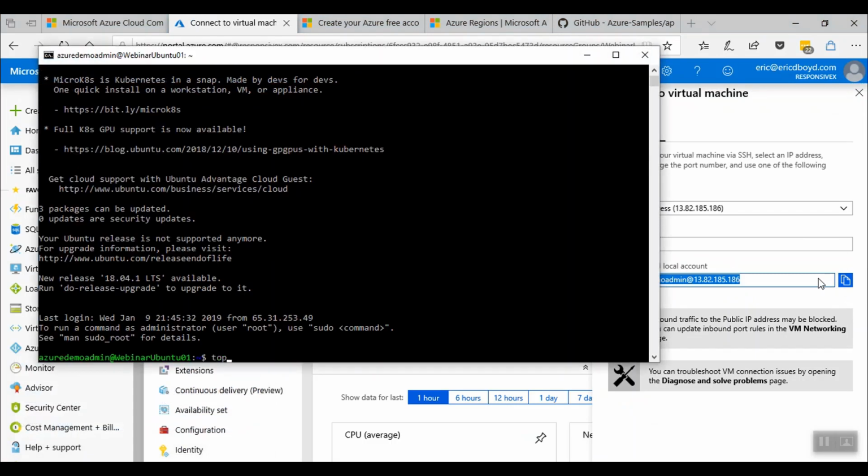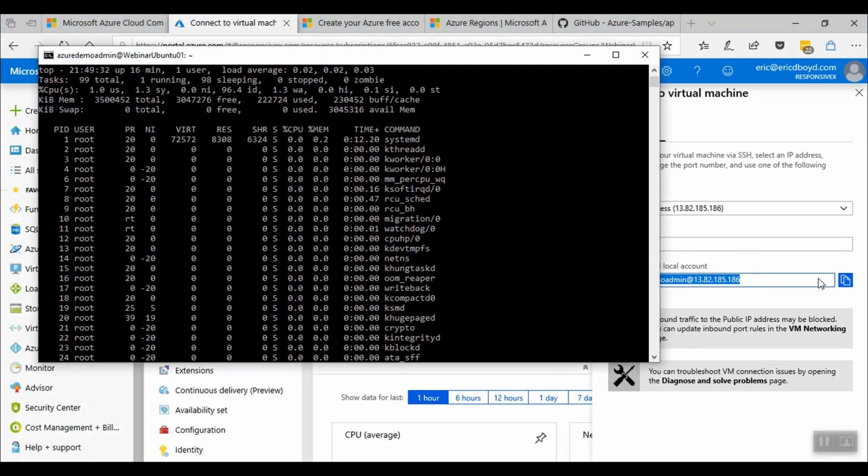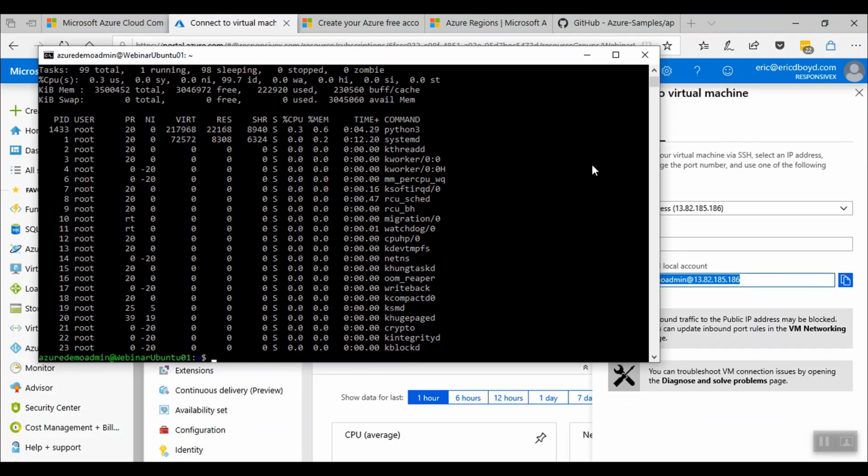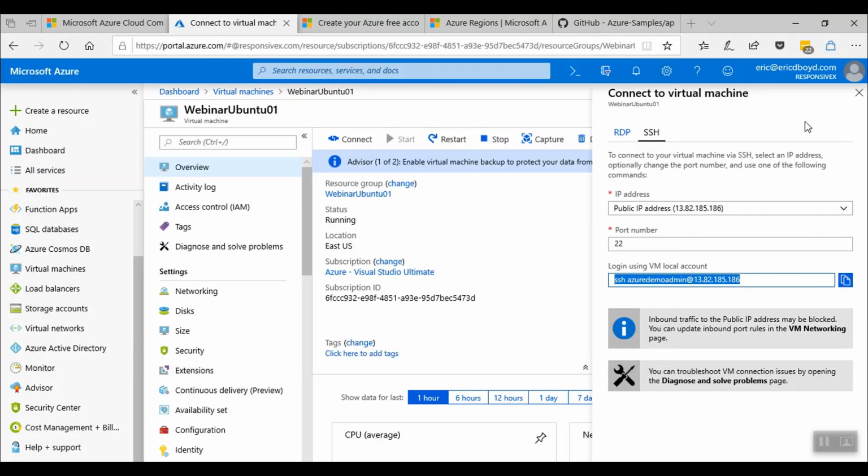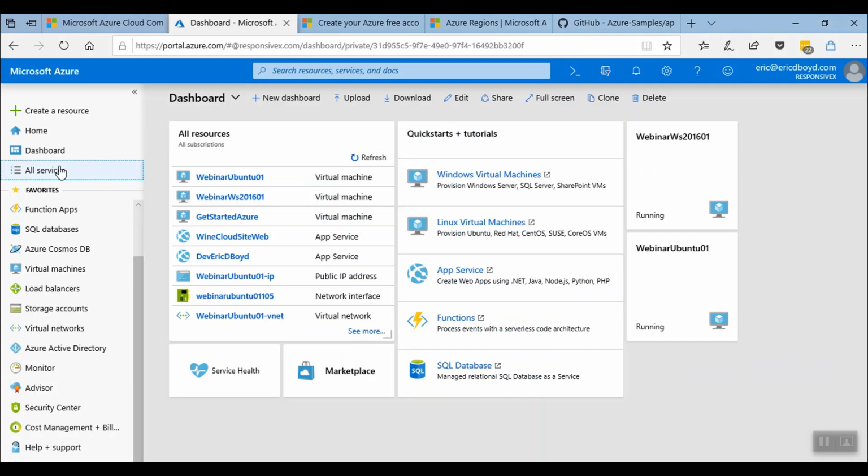And if I run the top command, I can see all the processes running on my Linux virtual machine. As you can see, creating virtual machines in the Azure portal is very easy. And in just a few minutes, we were able to create resources in the cloud. When we created our virtual machine, I mentioned something called resource groups, and I want to give you a little